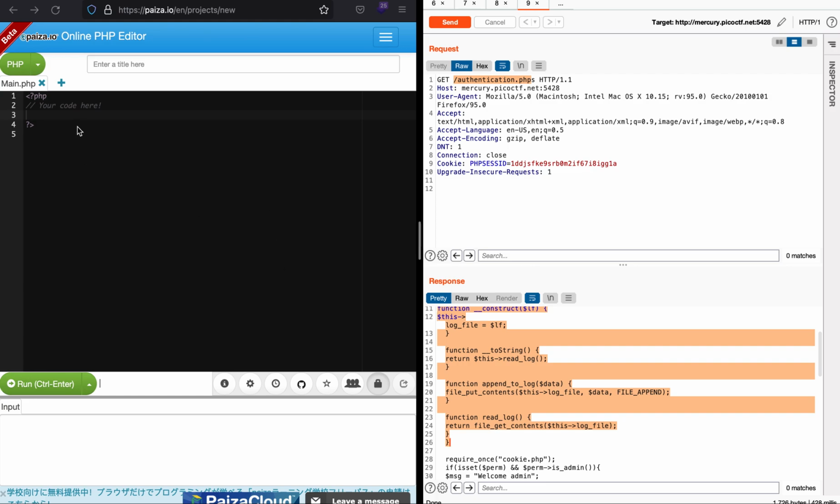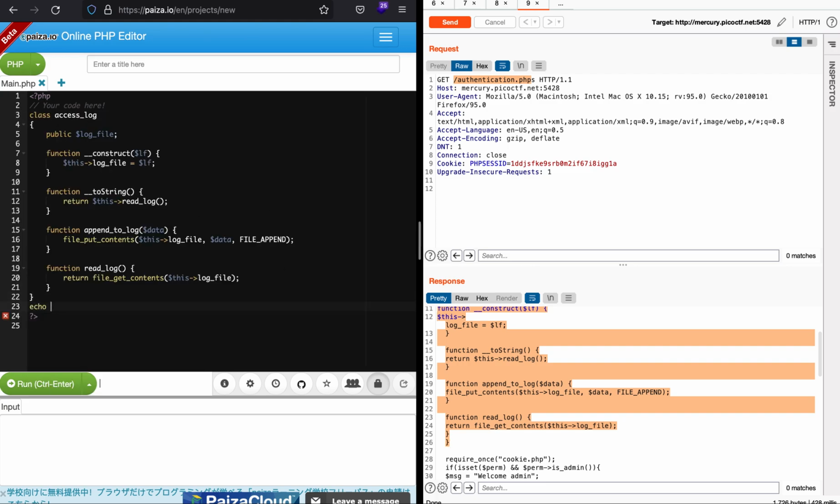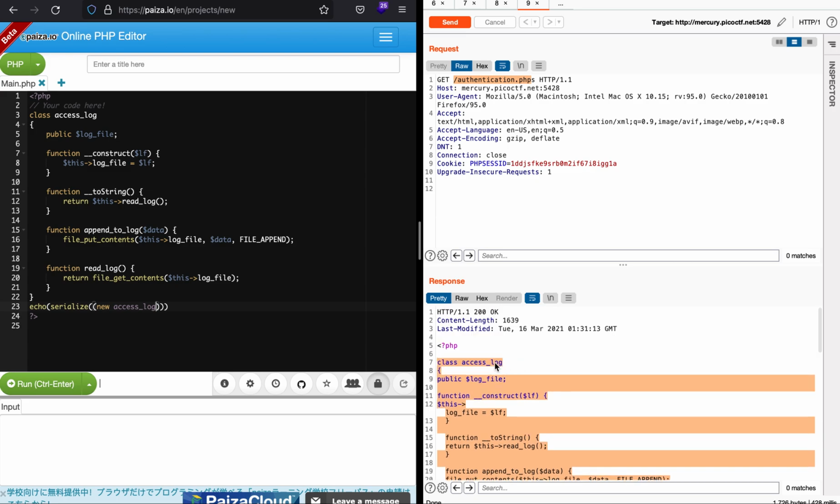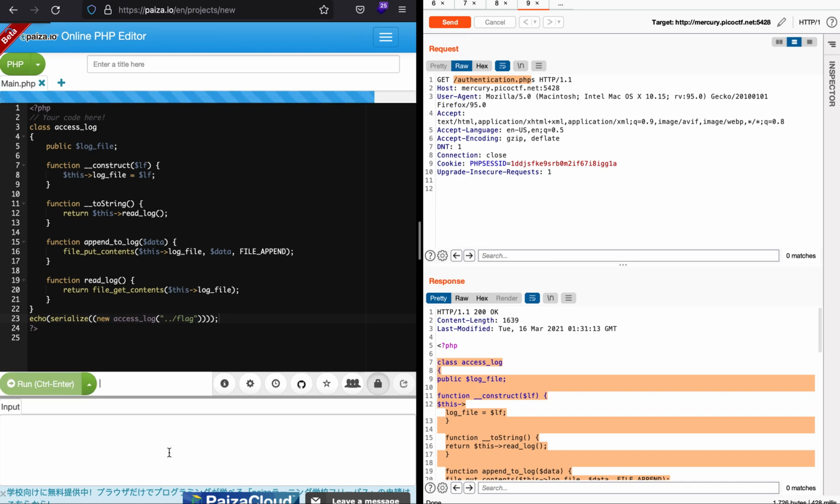I've copied it, and let's just paste it here, and let's just echo serialize, and then we'll call the class new access_log, because the name of the class is access.log itself, and then let's call it flag. Let's just run it, and as you can see, we get the serialized object.